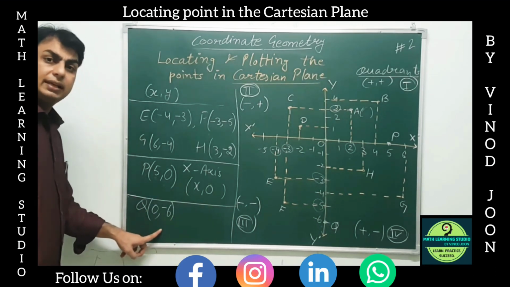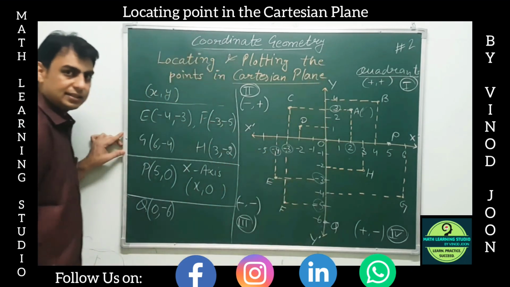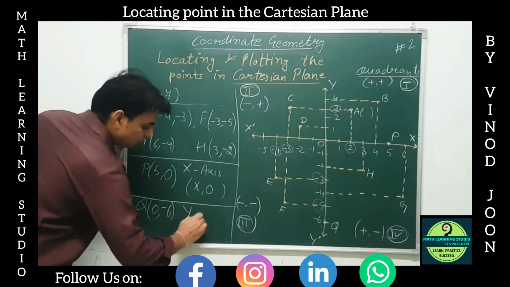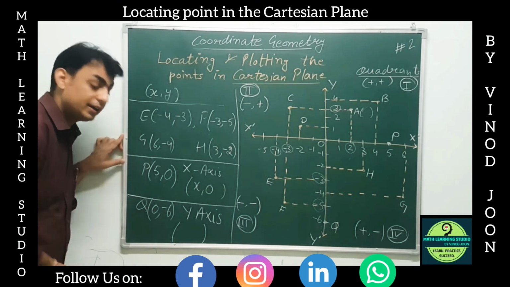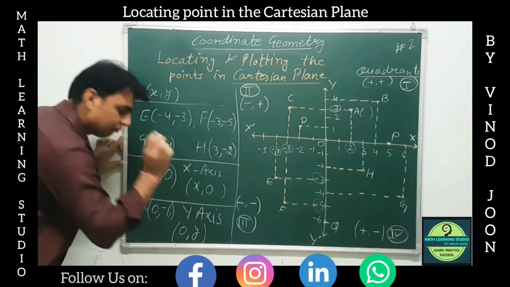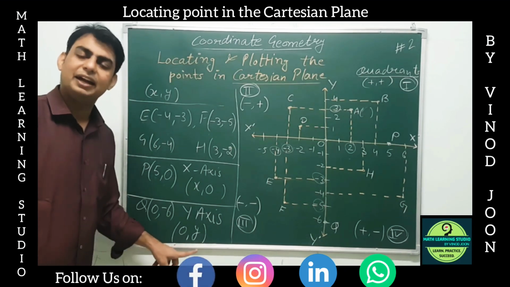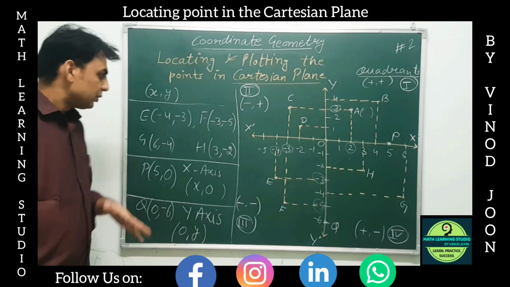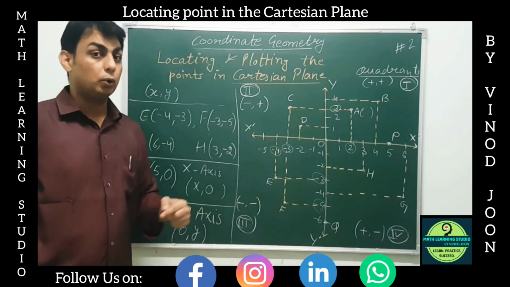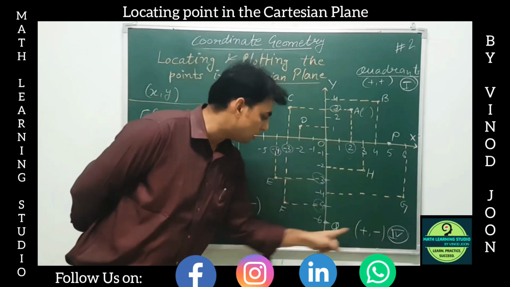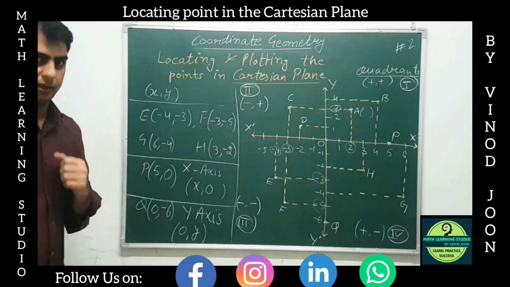Same way, we can say a special thing about the point Q, or the point which is lying on the y-axis. What will that be? We say that a point on the y-axis will always have the coordinates 0, y. That means the value of x will always be 0 and y may have any value. So this is the way we understand or we locate the points. Locate means हमको पहले से पॉइंट प्लॉट करके गिवन थे, हमको बस उनको ढूंढना है कि उसकी वैल्यू क्या है, उनके कोऑर्डिनेट्स क्या हैं, राइट?